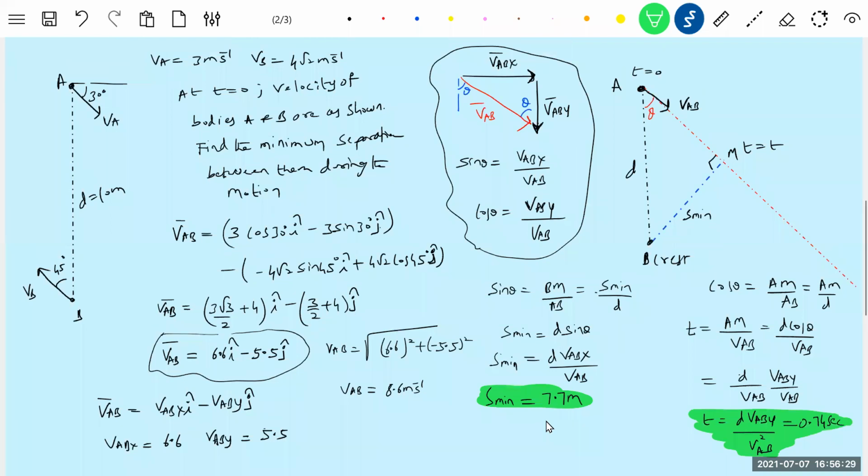Now it's not that they move only perpendicular; let them move arbitrarily in any direction. Can we find the minimum separation between them? Yes, very easily, we can manage with this method. There are plenty of numericals where they move in any direction. So you can manage the problem, provided you have the two triangles. This is the velocity triangle, and this is the displacement triangle. If you know these two things, we can manage comfortably.